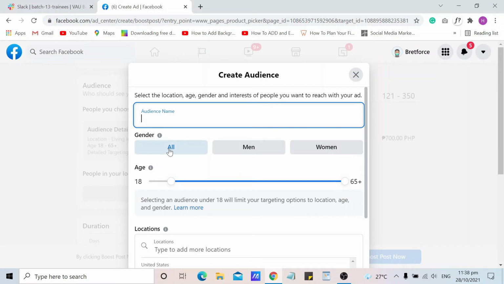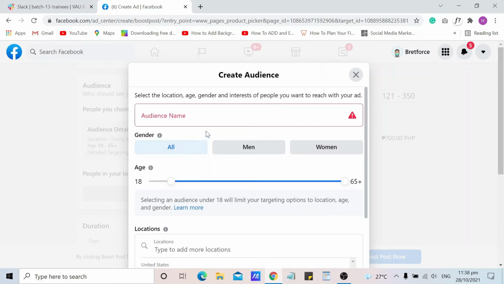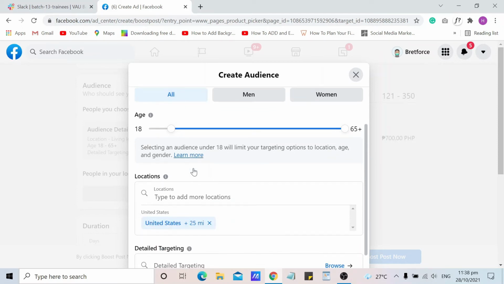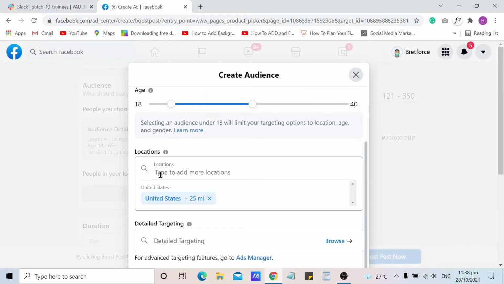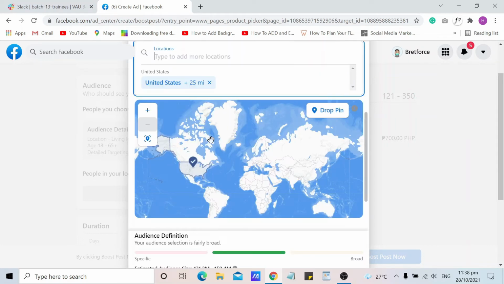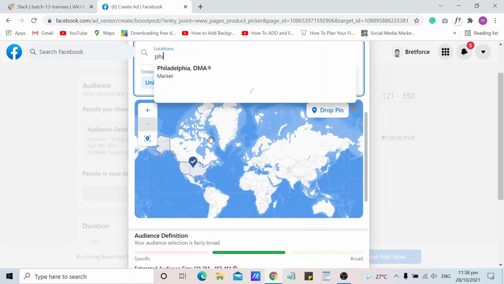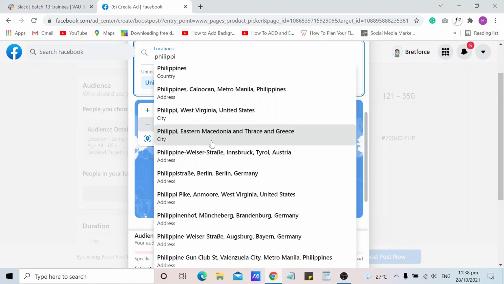I will select all. And in the age bracket, I will select 18 to 40. And type the location. Philippines.